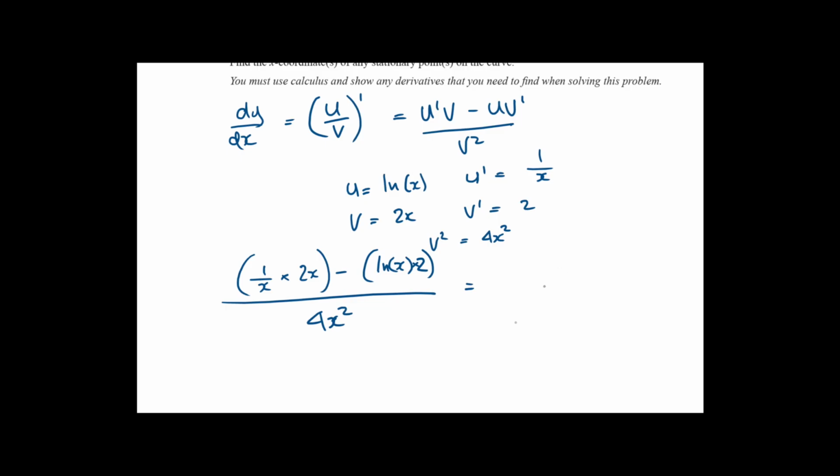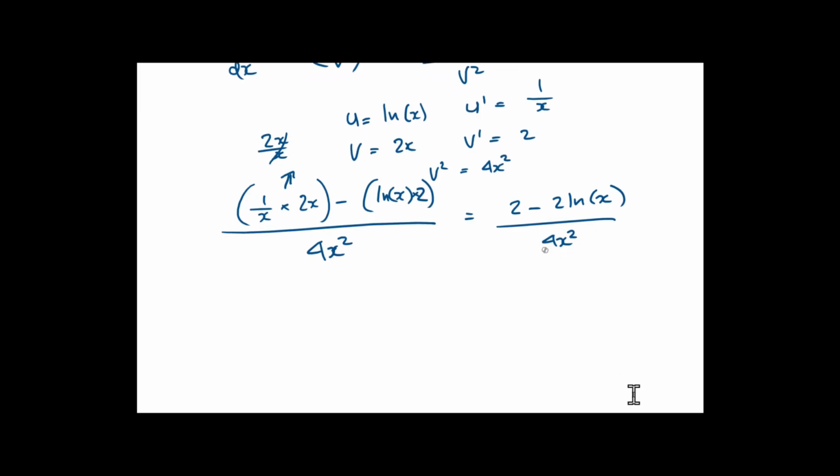Let's simplify this a little bit. This one here is going to be 2x over x. We're going to cancel, so it's just going to be 2 minus 2 natural log of x, all over 4x squared,